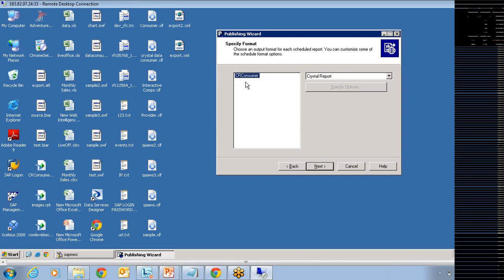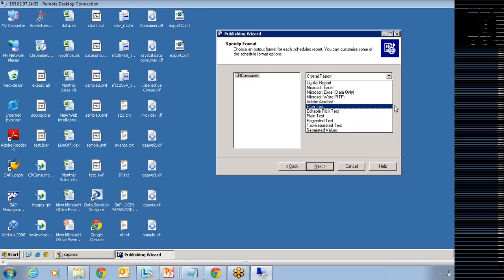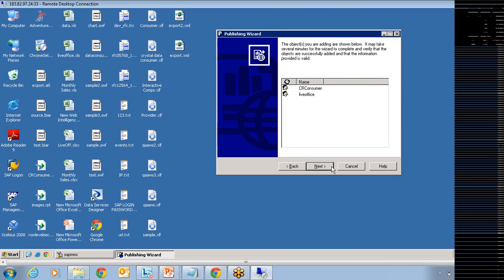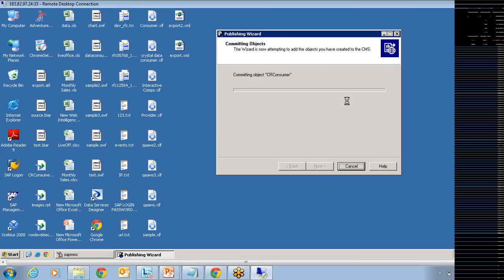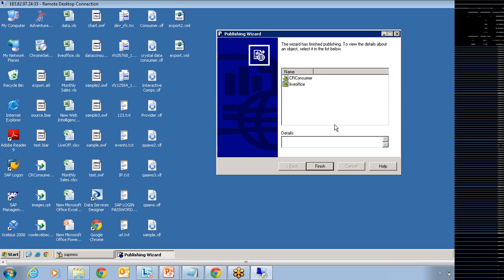And next. Whenever you schedule a report, whatever format you want as an output, you can set it here, but we are not scheduling it here. And if you have database connectivity, it's not showing here, but if it is from SQL Server, it will also prompt you to change the connection before you publish the report. So once you are done with this, when you click on next, it's going to publish.